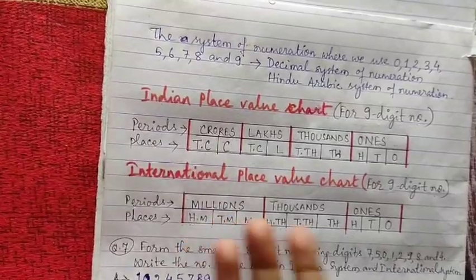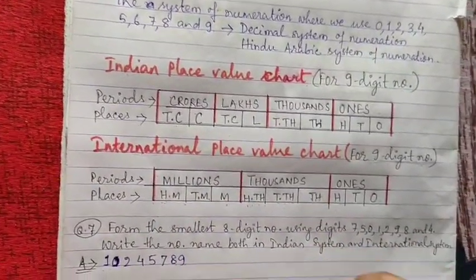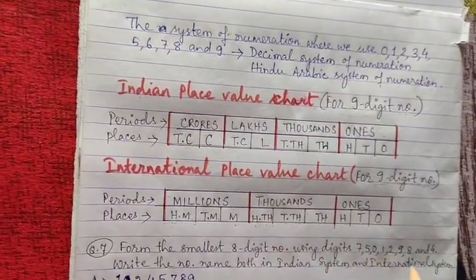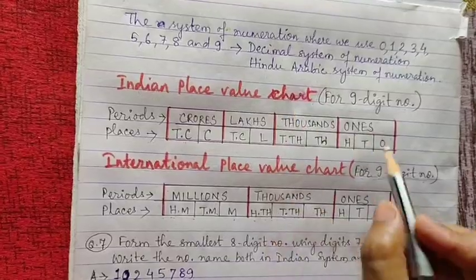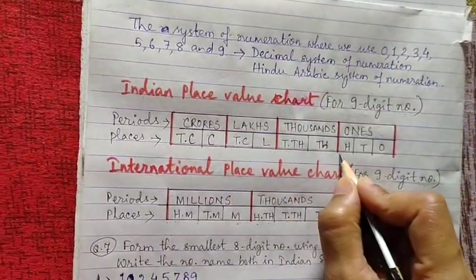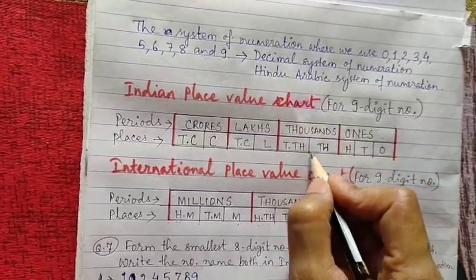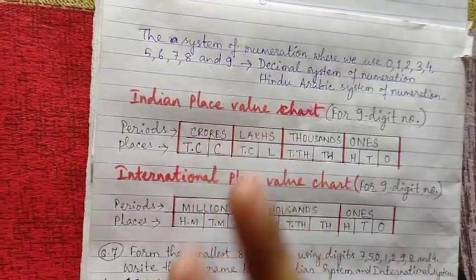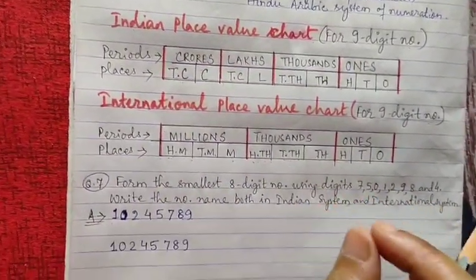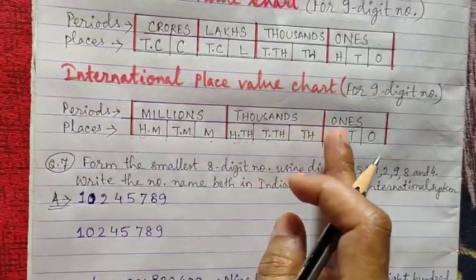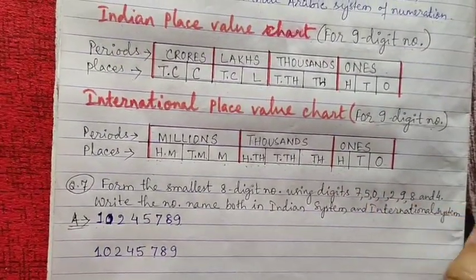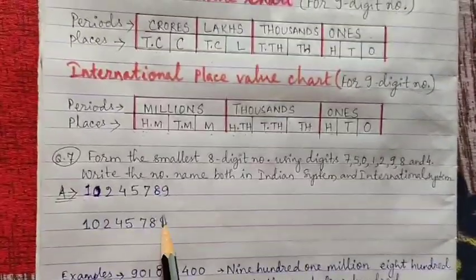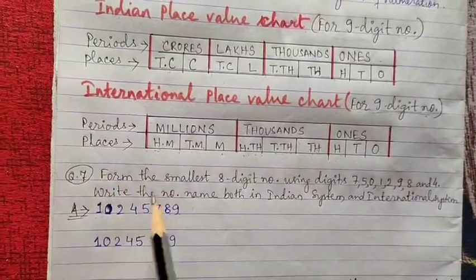Now while a number is written, how to put commas using the international place value chart system? As you already know, in the Indian place value chart, from the right hand side, after 3 places you have to put a comma, then after 2 places you have to put a comma, then again after 2 places you have to put a comma, and in crores also there are 2 places. But while you write commas for the international place value chart, you have to put the commas at different places. Okay, for example, I'll tell you one number from the brain teaser of this first chapter.